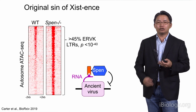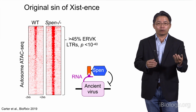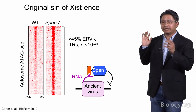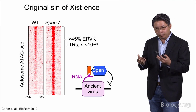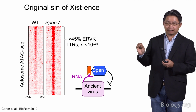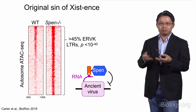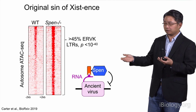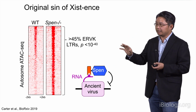Finally, we can gain some insight into the potential evolutionary origin of this powerful long-noncoding RNA. I told you about Spen, the critical partner for gene silencing for Xist. And what we discovered is that when we remove Spen, knock it out, and now look at autosomes, all the other chromosomes besides X, there are actually hundreds of DNA elements that become accessible, become active, and nearly half of these elements are a particular class of endogenous retroviruses called ERV-K. These are ancient parasites, viruses that have invaded into mammalian genomes and then spread and copied themselves. And we discovered that Spen is actually part of this virus-fighting machinery. It recognizes an RNA from the virus and tries to shut it down by epigenetically silencing it by